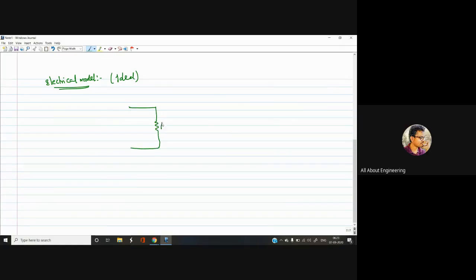There would be an input resistance RID between the terminals V1 and V2, that is, the positive non-inverting terminal and the negative inverting terminal. And there would be some voltage here, let us take it as VD. Here there will be a dependent source which depends on the input differential voltage VD and the gain of the amplifier, let it be A. And here there would be a small output resistance R naught, and you will take the output here.